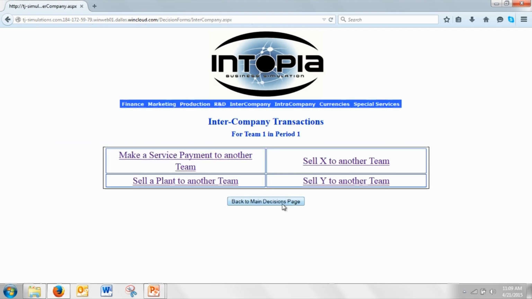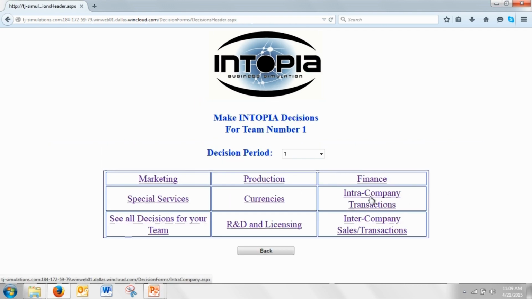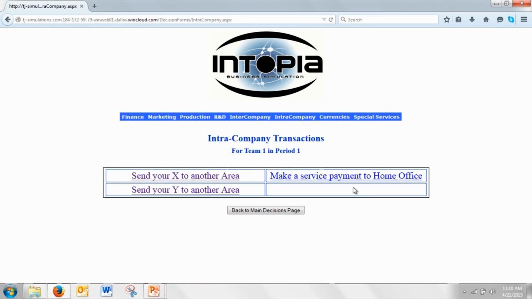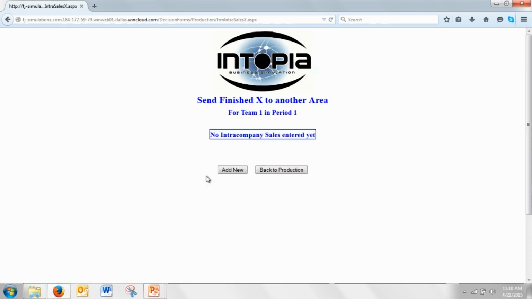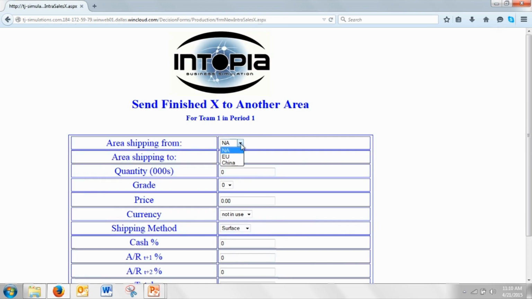Now if we go back to the main decisions, you'll see there's also that option for intra or within company transactions. So in this case, let's say we've produced X in China and we have a Y plant in North America. So we want to send our X over to North America. So we don't have any intra-company sales entered yet, but let's put one in. So we're going to ship from China to North America our 10,000 X